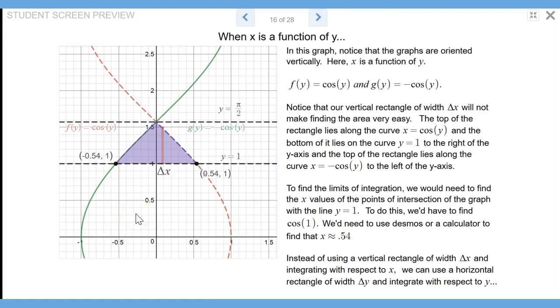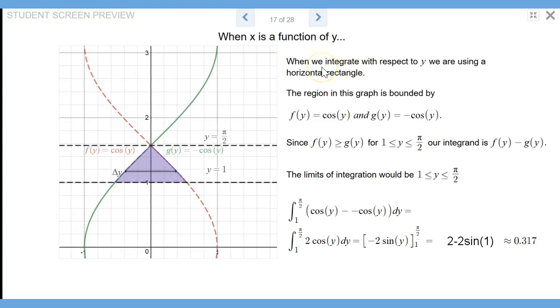Here's an example where the graphs, instead of being functions of x, are given as functions of y. In this case, we're going to want to integrate with respect to y instead of x. Instead of using a vertical rectangle, we leave everything in terms of y and integrate with respect to y. What we're doing there is using a horizontal rectangle. In this case, I wouldn't have to have two regions because this red graph is always to the right of